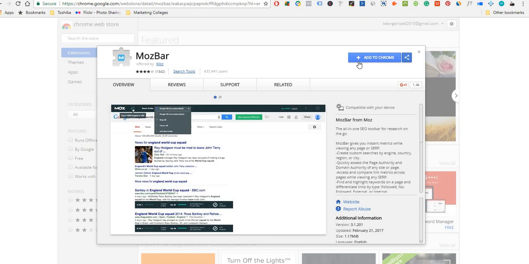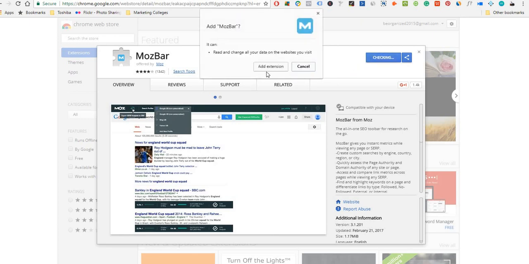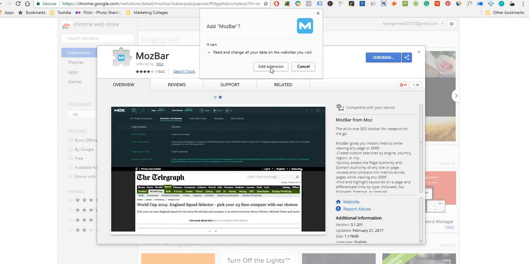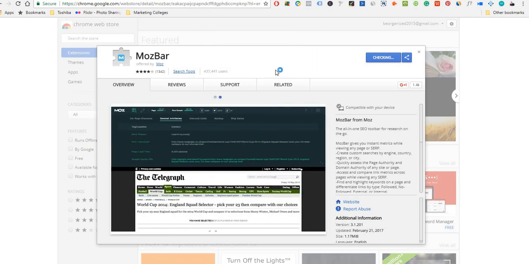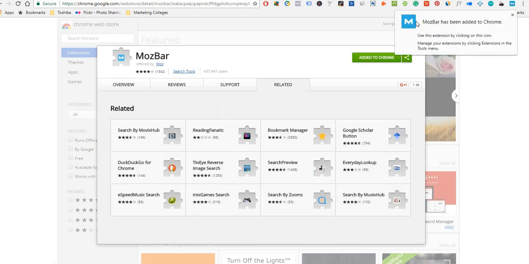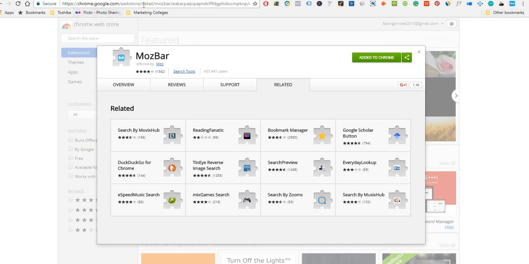I'm going to go up here to where it says Add to Chrome, and click that button. This little window is going to pop up, and I'm going to click the button that says Add Extension. Now this little window pops up and it says Mozbar has been added. Great. So now let's just go back to Google,